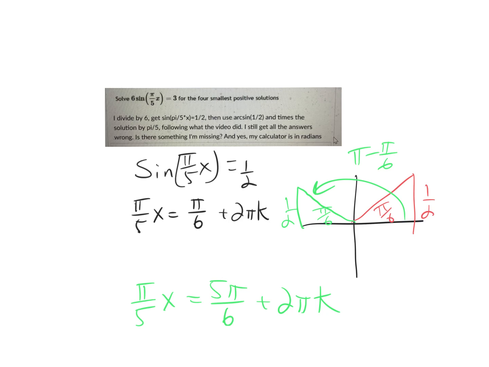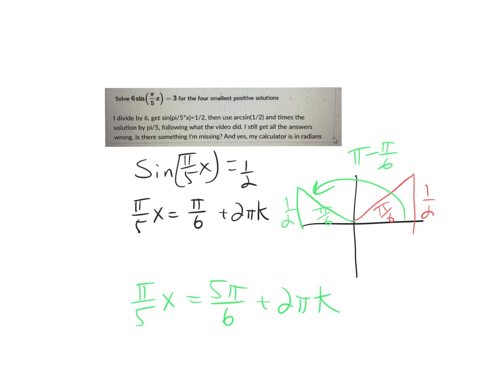Okay, so it looks like you're fine with this, and then I think where you're following down it looks like is this. So I know that the sine is 1/2, and I can get a decimal number with my calculator, but I also know that the 30-degree angle has a sine that's 1/2 because it's half the hypotenuse, right? So pi over 6. And then in order to get back to that angle, because we're looking